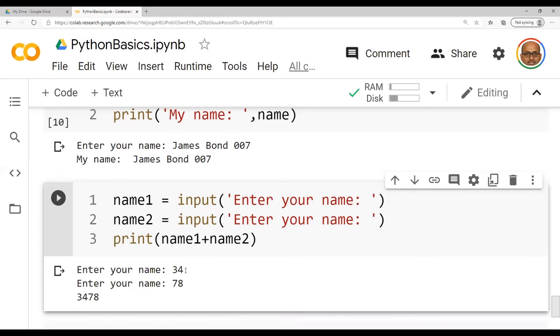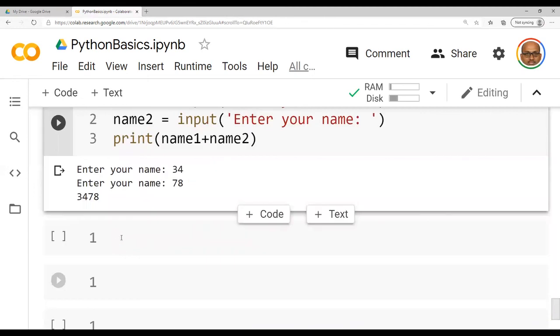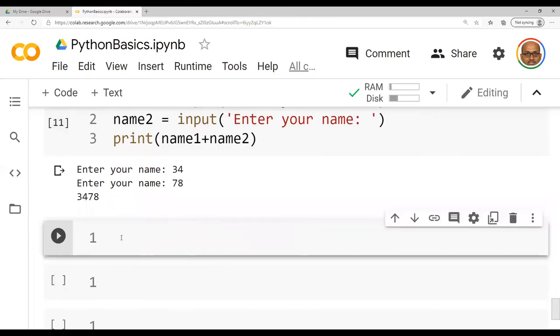People will be thinking now, you people can clearly say that when I am trying to add 34 plus 78, my answer would be 112. If you want to reconfirm it, I can show you. Name 1 equal to 34.